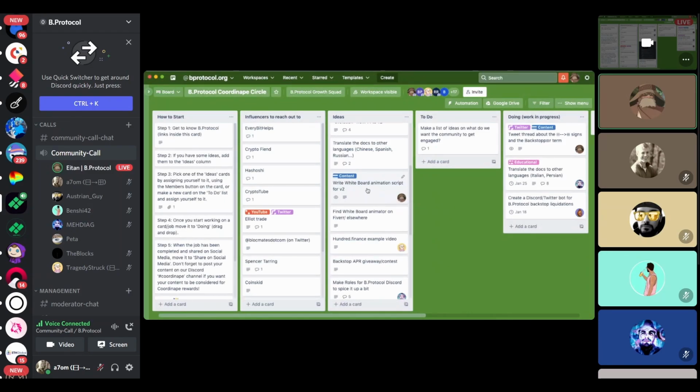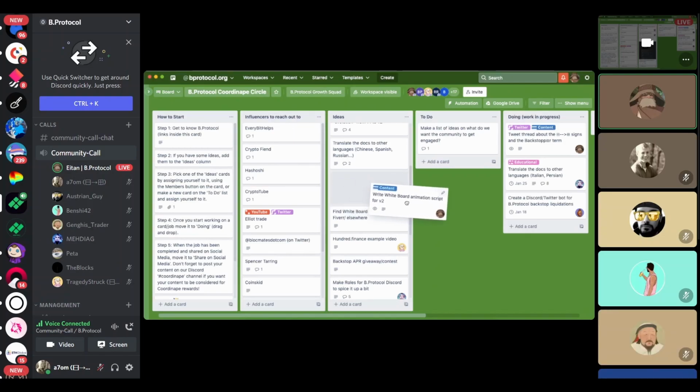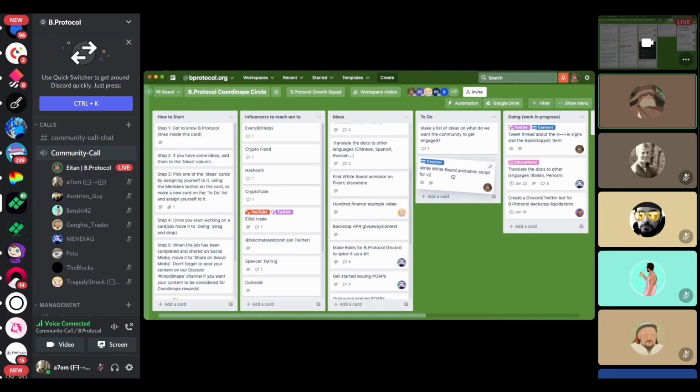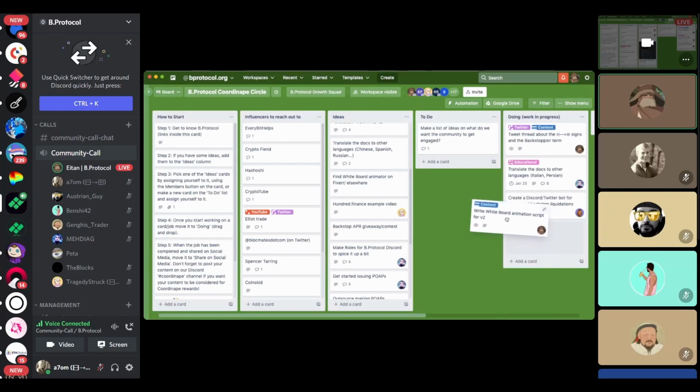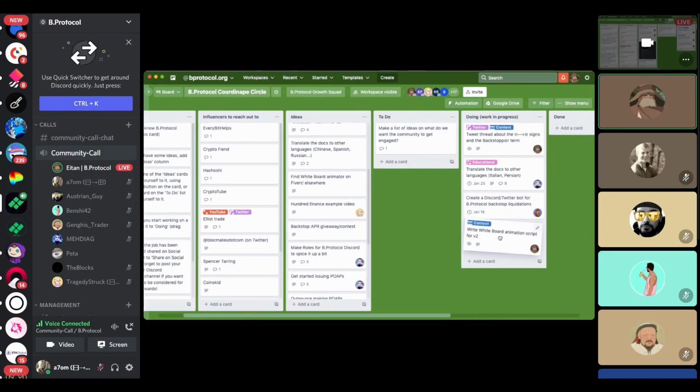Once it's here, I can take it either to To Do, if I'm not actually working on it but I'm willing to help with it, or, in my case, I would like to write that, so I'm taking it to Doing. I just drag and drop, and it will add into the relevant list. Once I've finished working on it, I have a script, and maybe I asked a few other members to go through it, and they can list themselves into this card. Every card can have multiple members, not just one.